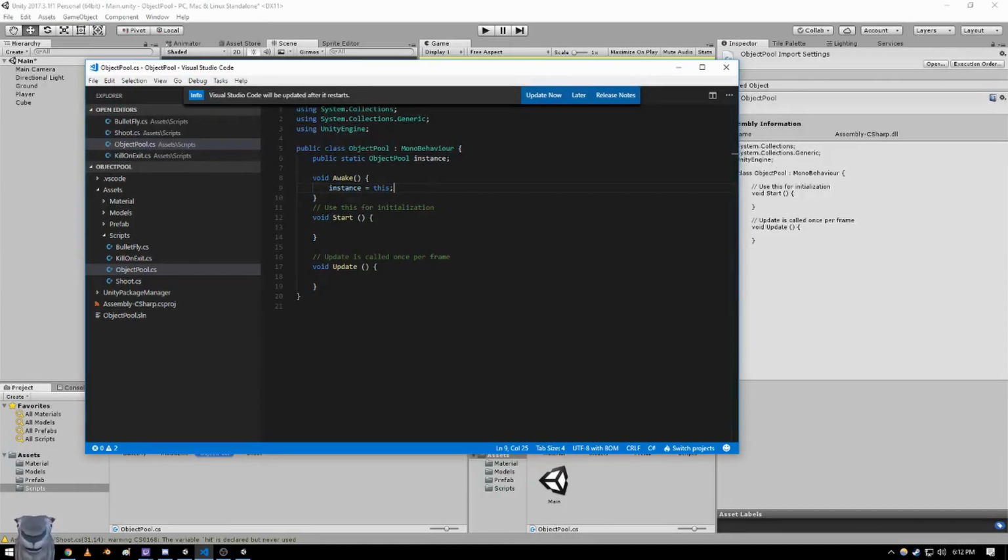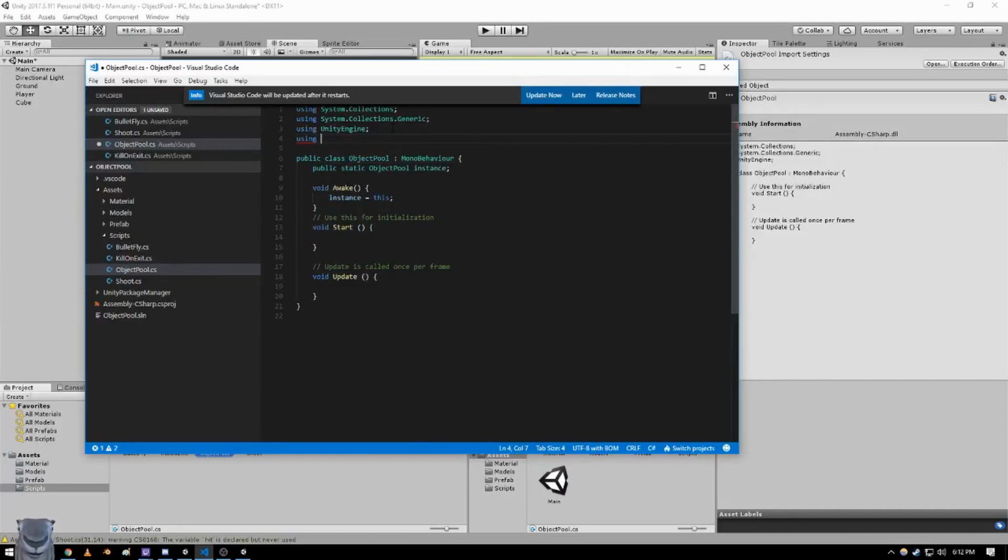All right. And the way we're going to control all of our objects or keep track of them all is using a list. Unity doesn't have lists included by default, so we have to add a using. So I'm going to do using system.collections.generic. That's just where the, oh, I already have it in there. It's where the list object lives. So now we can say public